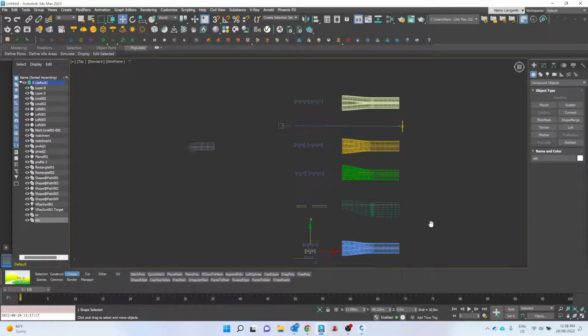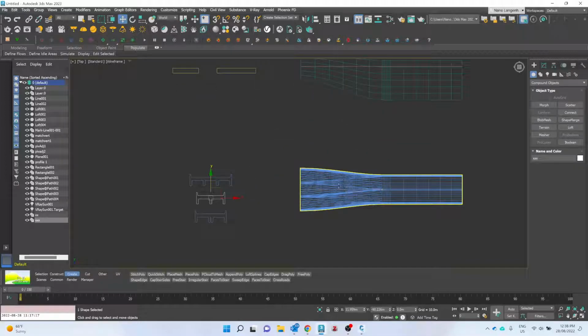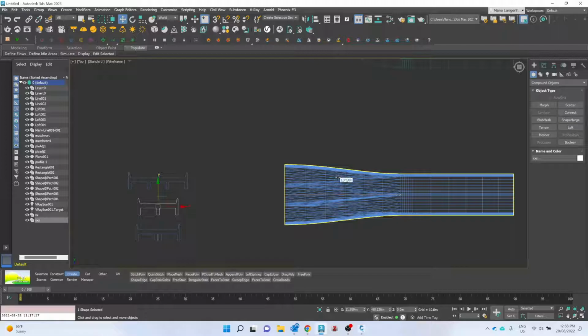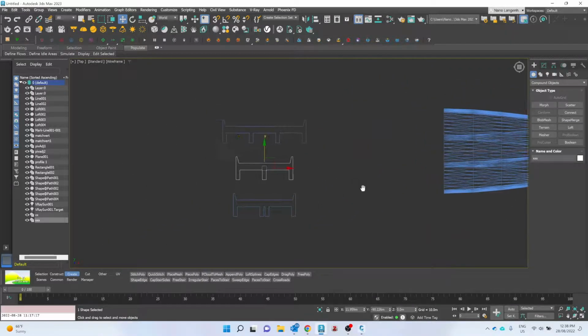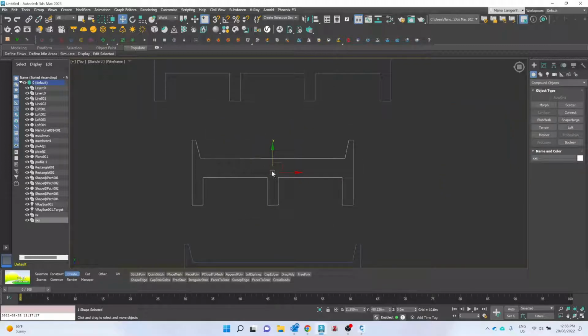So what we would need to do to have it all sit on the one level